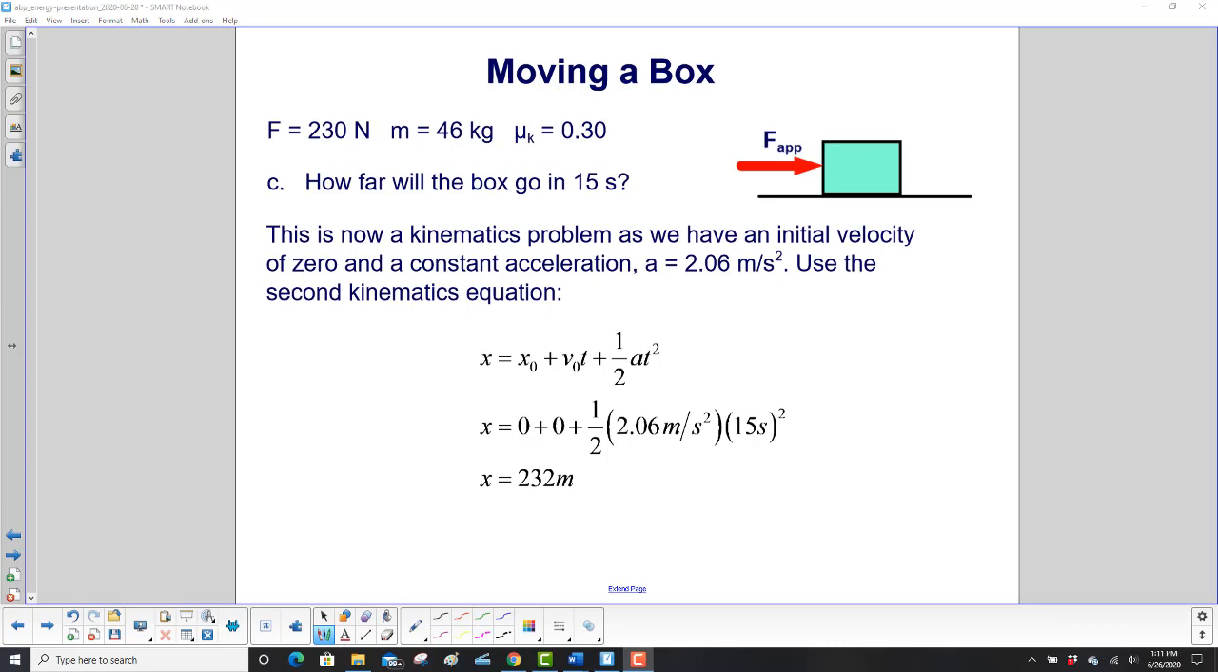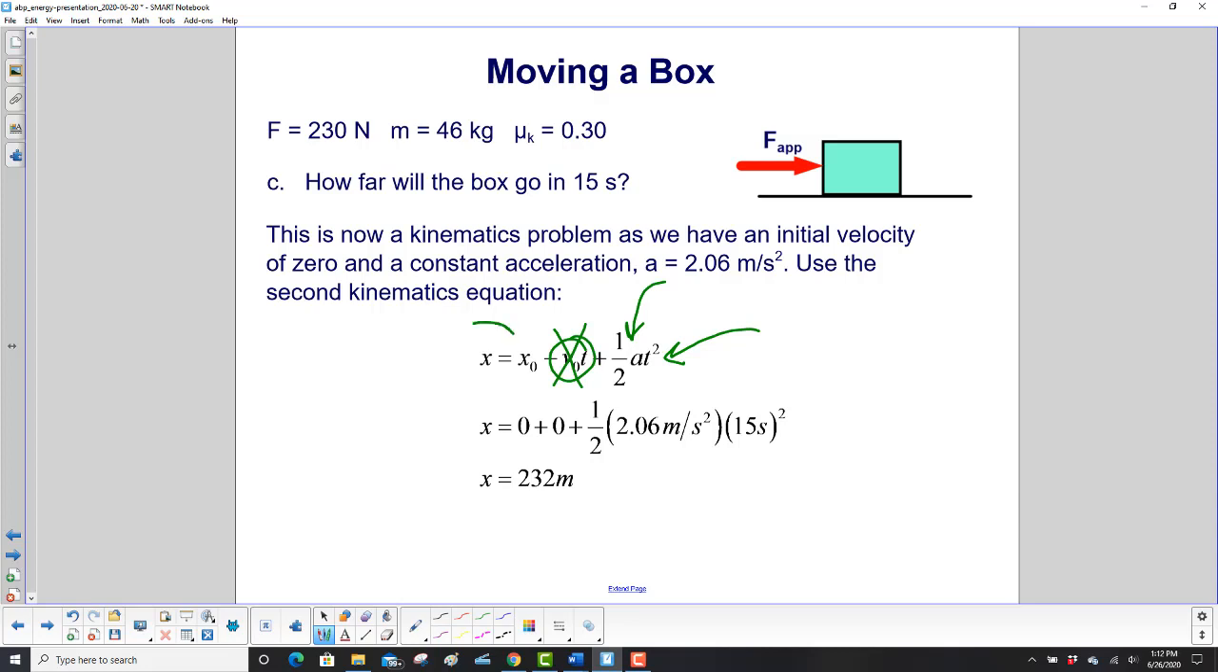How far will the box go in 15 seconds? Well, now it's a kinematics problem. We have an initial velocity of 0, and we have an acceleration of 2.06 meters per second squared. We're given time, and we're free to start